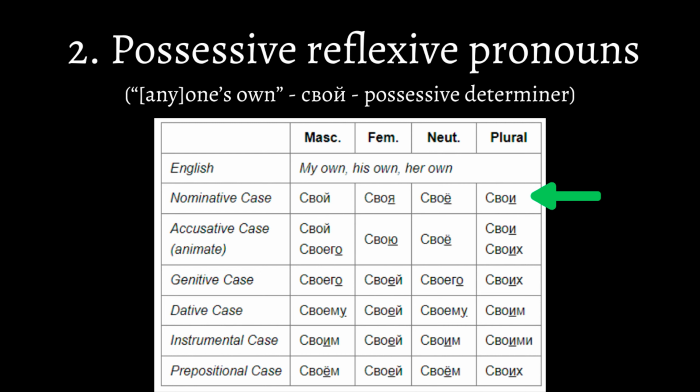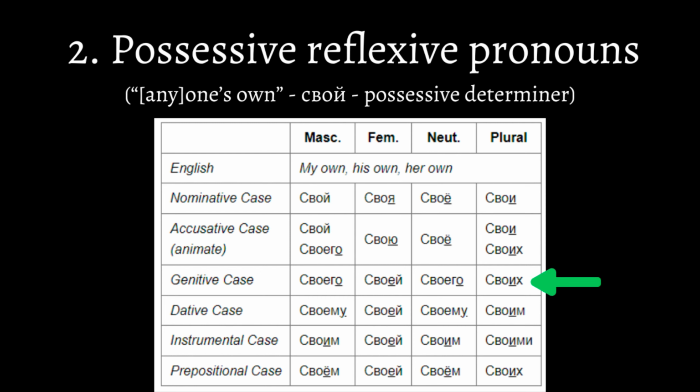The underlined letters indicate that the emphasis is put on that letter, and the same goes for every other case. In the accusative, the pattern is свой, inanimate masculine, and своего, animate masculine, свою, feminine, своё, neuter, свои, inanimate plural, and своих, animate plural. Neuter and feminine objects are not affected in the accusative, whereas the masculine and plural are.